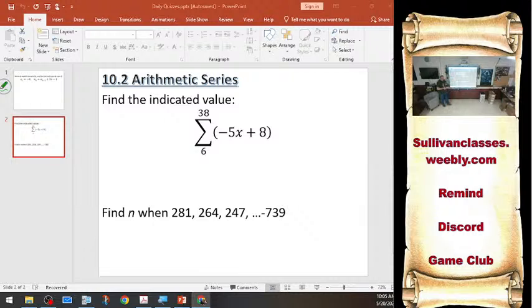Speaking of no more donuts, who did the donut method? This sum minus that sum. A handful of you? Okay. So if I'm only going from the 6th term to the 38th term, I need to take the 38th partial sum and subtract what? The 5th partial sum. Because I want to start at the 6th term. I don't want to get rid of the 6th term. I want the 5 terms below it to go away. So for those, I'm going to need,